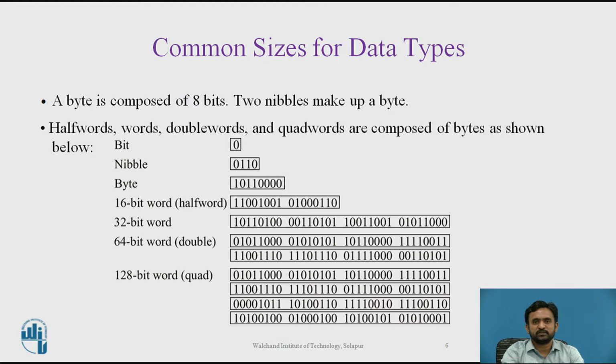Regarding common sizes for data types, computer memory consists of collections of consecutively numbered registers, each one of which normally holds 1 byte. Each register has an address referred to as a memory location. A nibble, sometimes spelled nybble, refers to a collection of 4 adjacent bits.